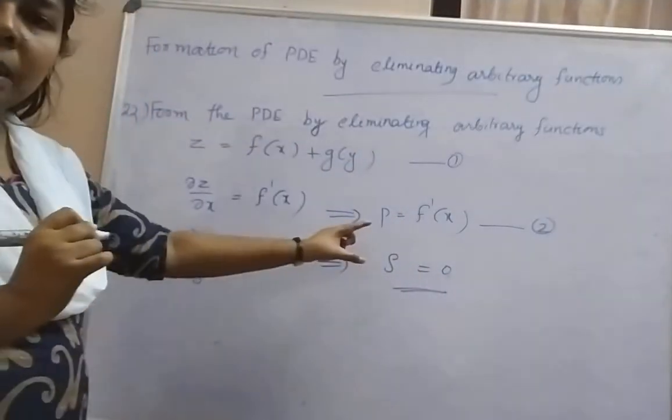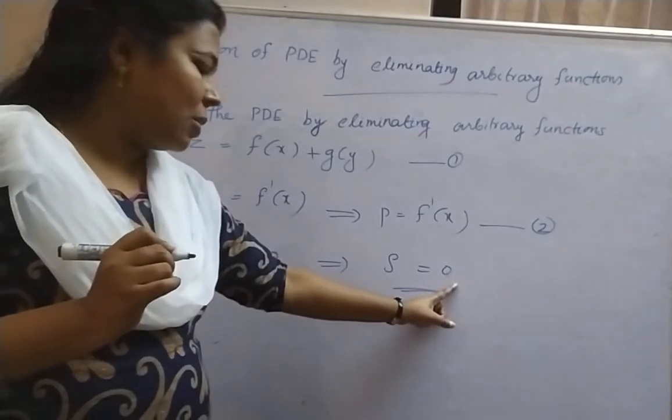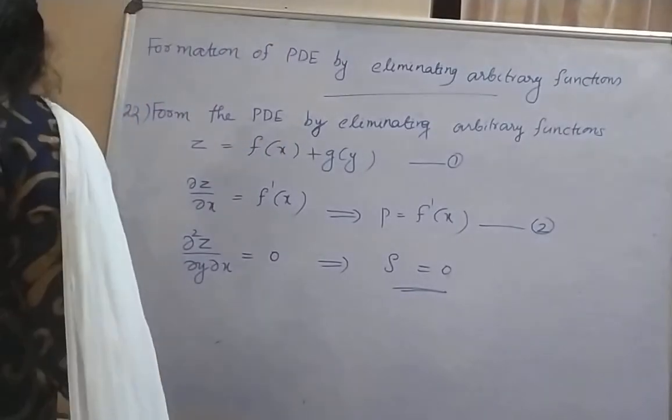Here we get the required PDE. S equal to 0 is the required partial differential equation. Okay. Next question is,